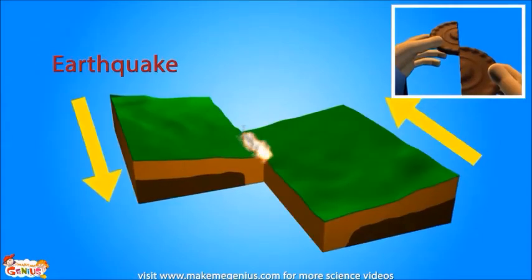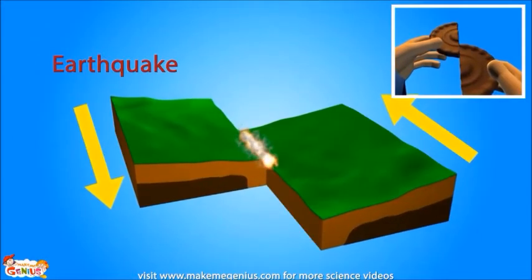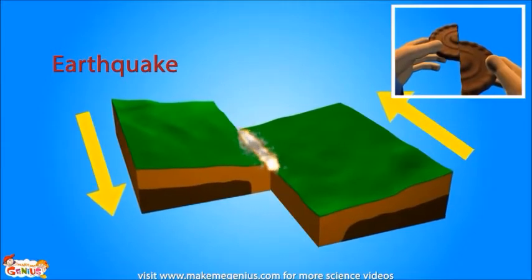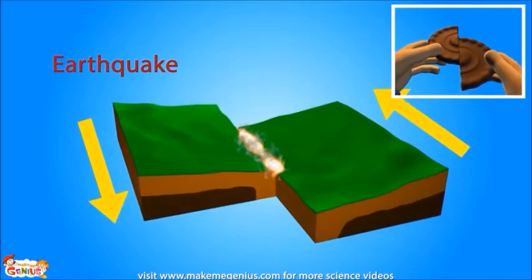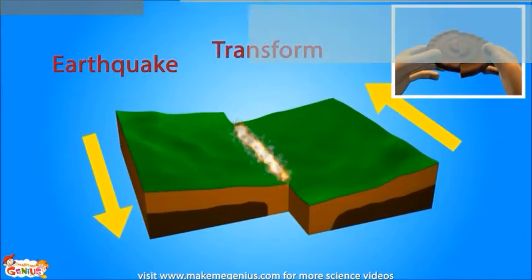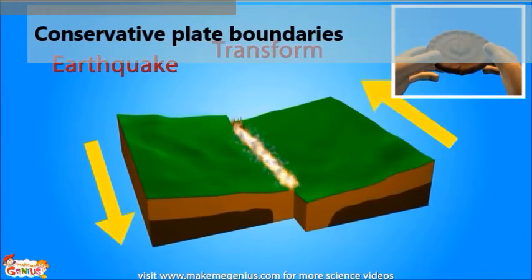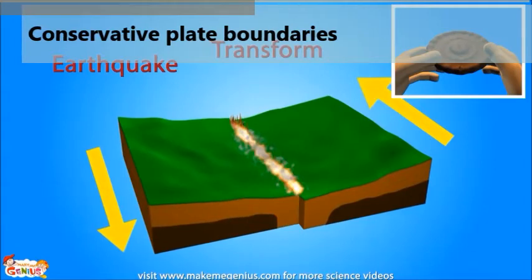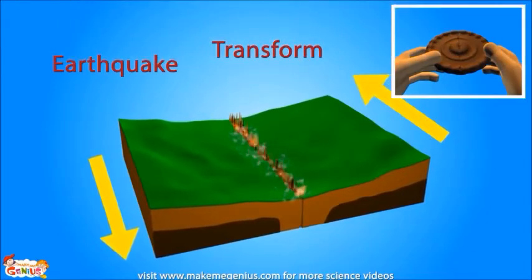Sometimes plates can also move alongside each other. They can slide past each other, or they can go along each other, except that one will be much slower than the other one. This is called a conservative plate boundary, or you can also call it neutral or shear plate boundaries.